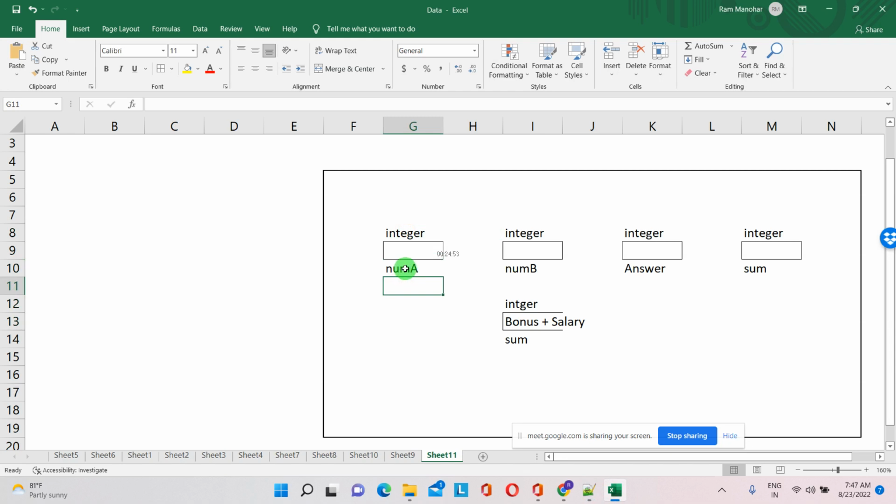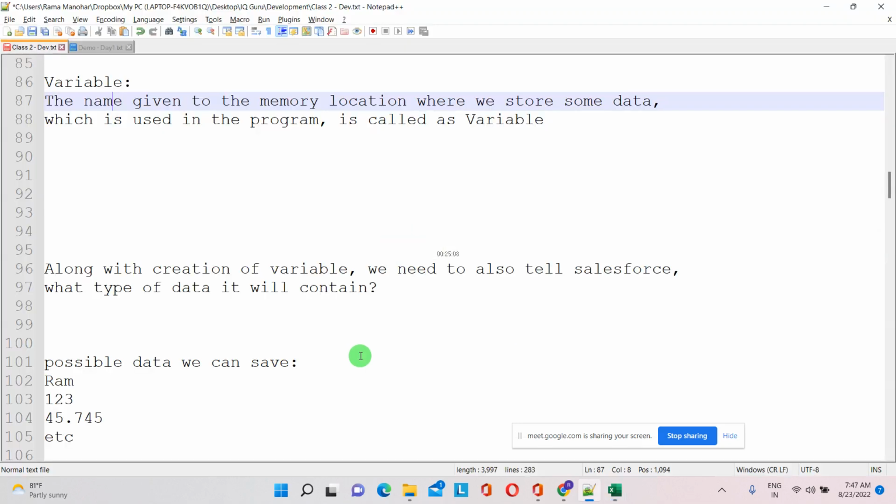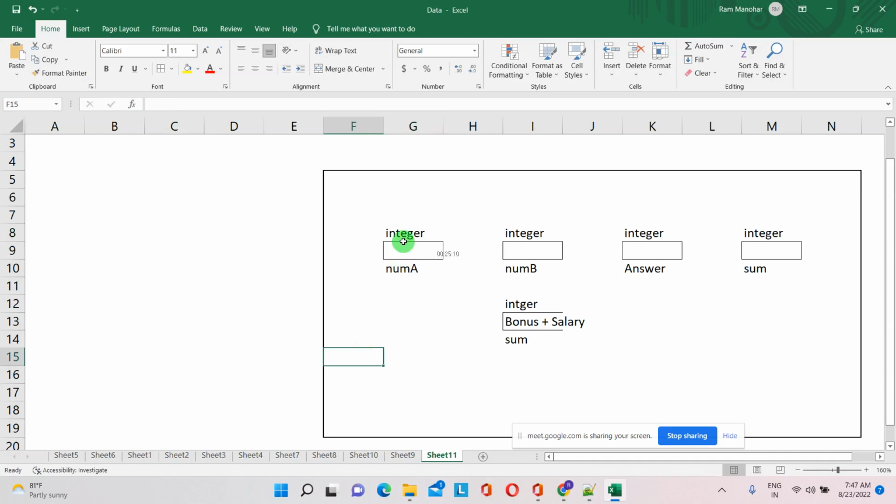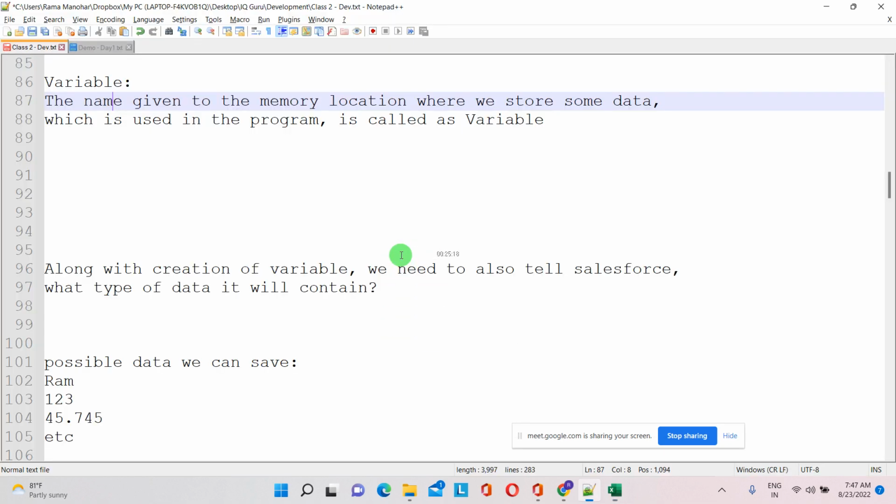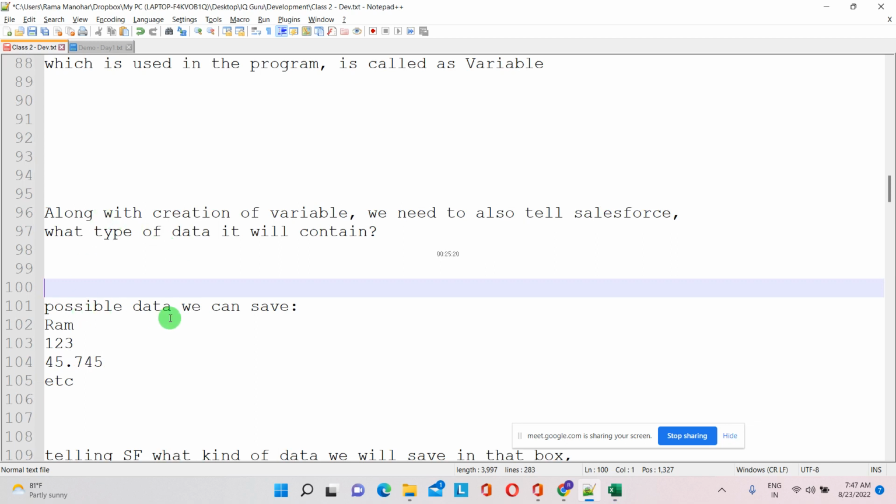if this will be the variable, this will be what is the integer. If number A is a variable, what could be the integer data type? Text. No, data type. It's a text only. But we need to decide which kind of data type it is. Integer, string. That is a data type. Okay. So, for example,